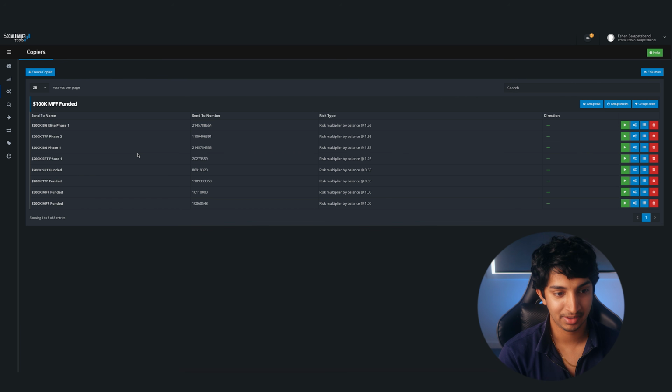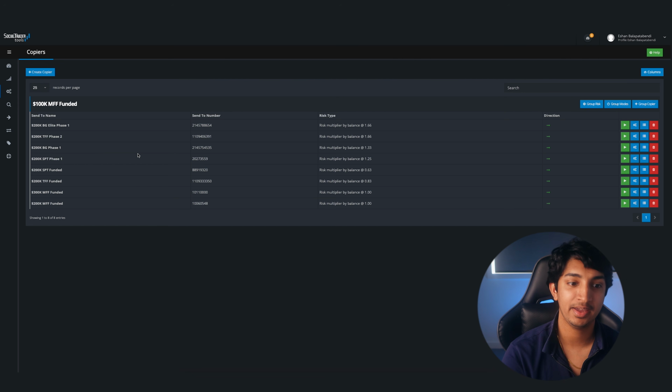After you've done that, you'll actually be able to see my own Trade Copier. Now, I use my 100K My Forex Funds funded account as my master account, and all of my other accounts are my slave accounts. So with all of my accounts, I basically just execute on one account, and all those trades get copied over onto my